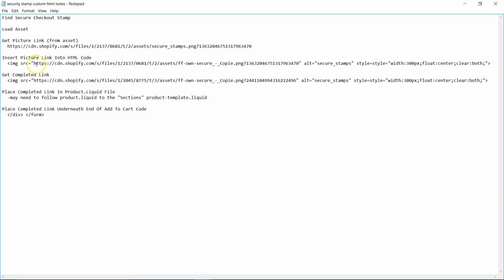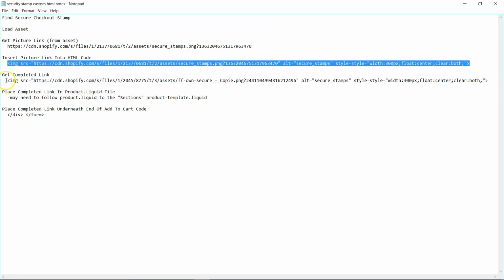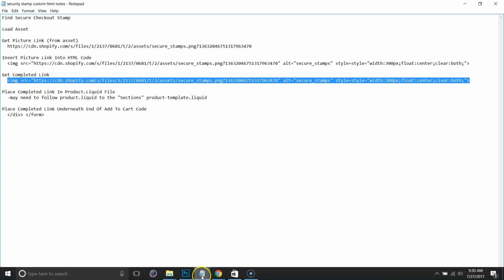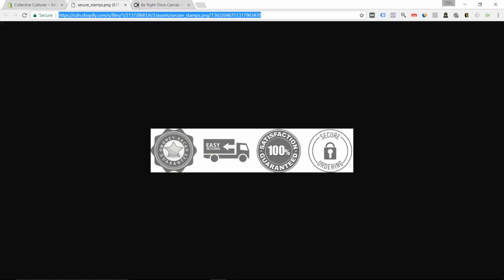And then, you know, same process. So then I get my picture link. Now I take that, I put it right here in my image source. And then I take my completed link, right, and I put it right here. Now I have my completed link, and I'm going to go find where that needs to go in the product section, right? So